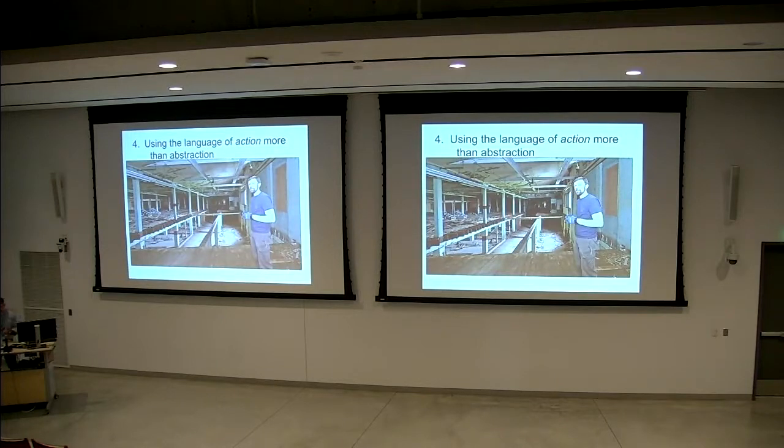Last strategy I'd say is this idea of using the language of action rather than abstraction. We have a lot of abstract talk on the left, on the right, and in between. And I'm increasingly a believer that we need to ground our talk in real action, whatever our role is. So in southern West Virginia, where there's tremendous unemployment in the former coal industry, these folks with the Coalfield Development Corporation have created a state-of-the-art job training system that is 6 months in duration.